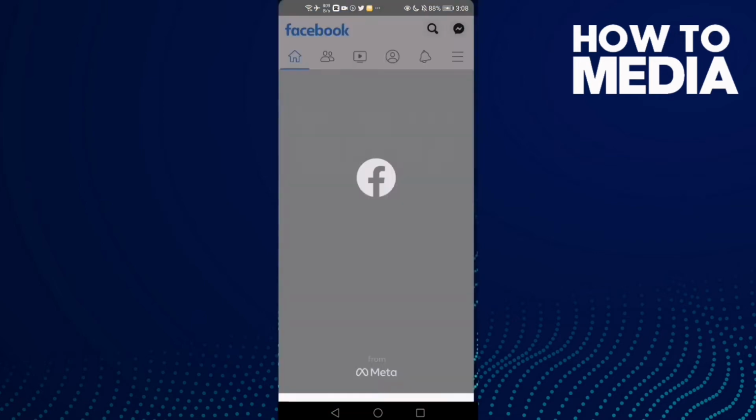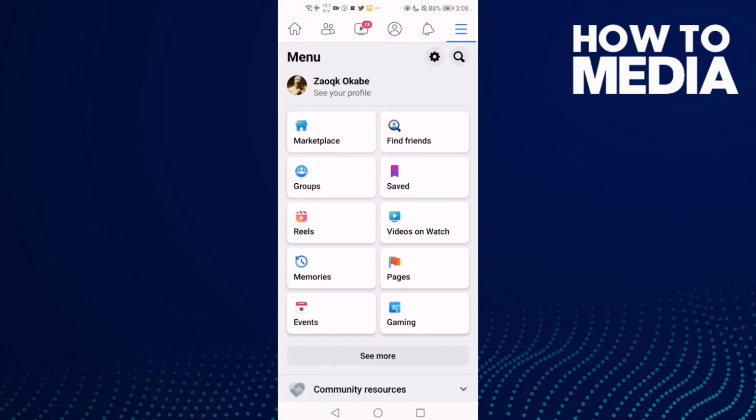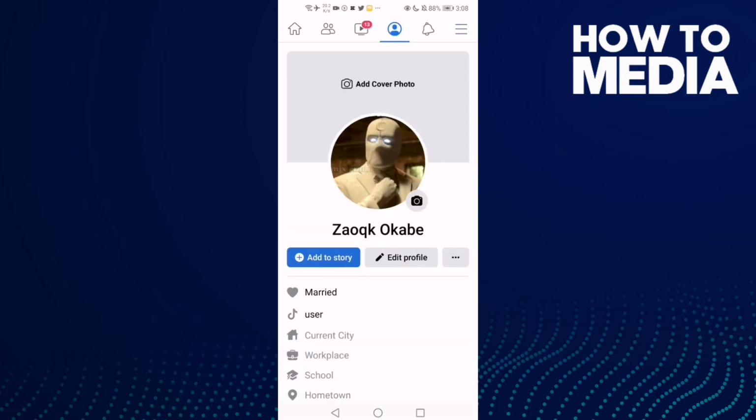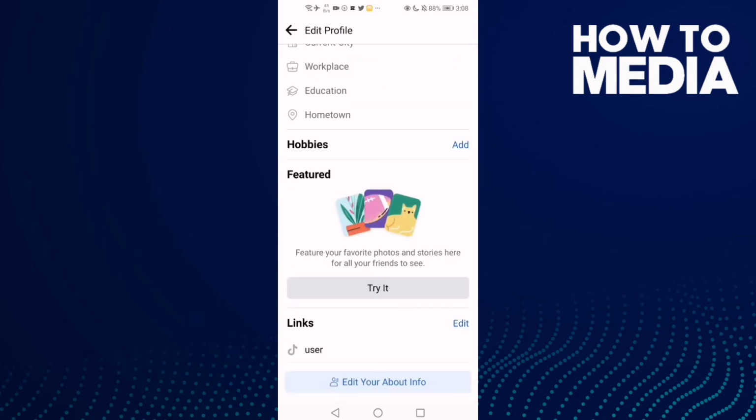First thing, go to Facebook and now click the storylines in the top corner and click on your profile, and then click edit profile, and now just go down and you will find links here. Just click edit